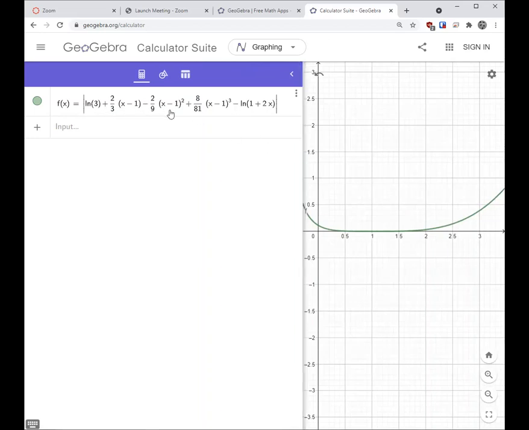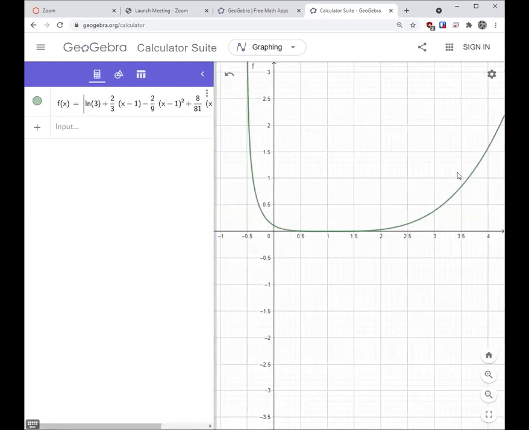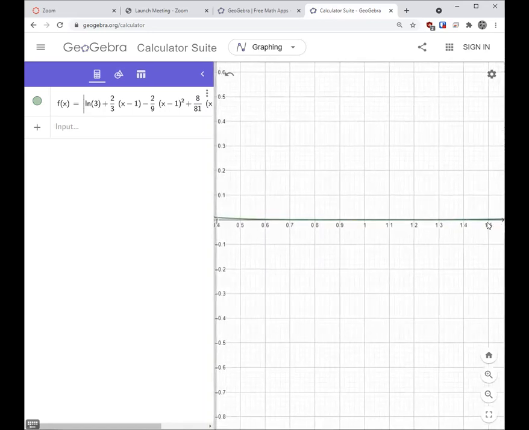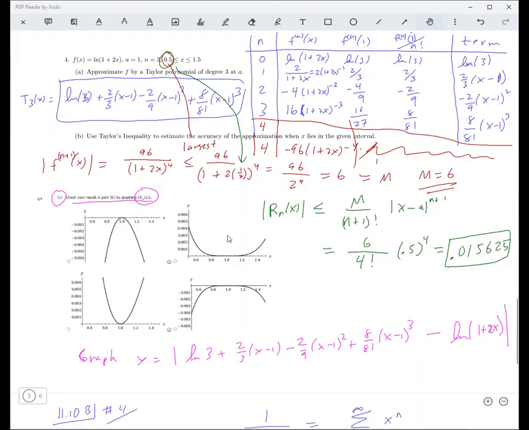Okay, so there's our T3 polynomial here minus f of x. And it looks like it comes down and goes back up like that. And here's 1 right there. Well, we're only interested in 0.5 to 1.5 right here. So it comes down, hits 0, and goes back up. So that is going to be the second one. I guess that if the scale wasn't correct, maybe it could be the third one, but